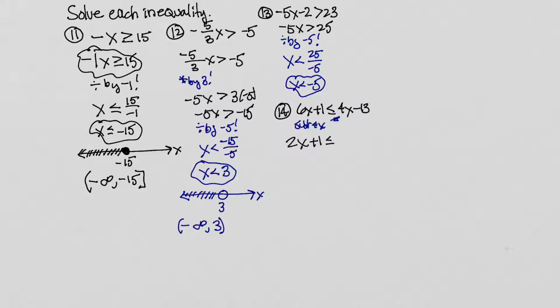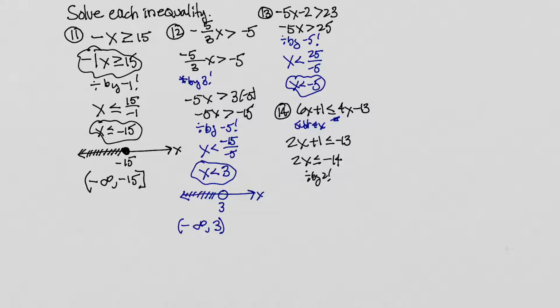That's less than or equal to negative 13. Now, let's subtract 1 and divide by 2. So if we subtract 1, we'll get 2x less than or equal to negative 13 minus 1, which is negative 14. I'm going to divide by 2, but alert, we're dividing